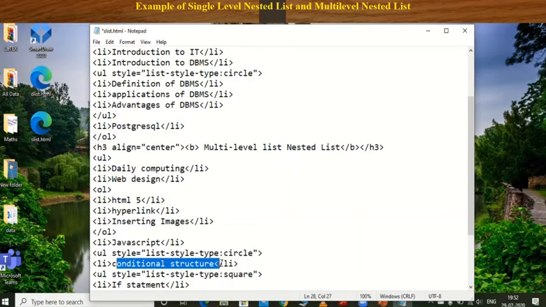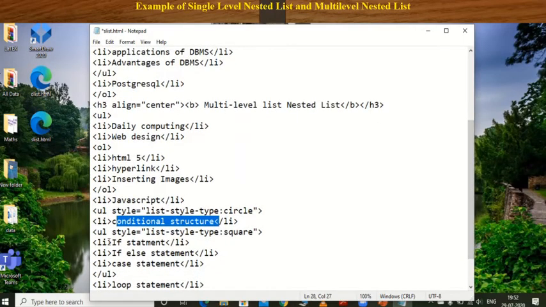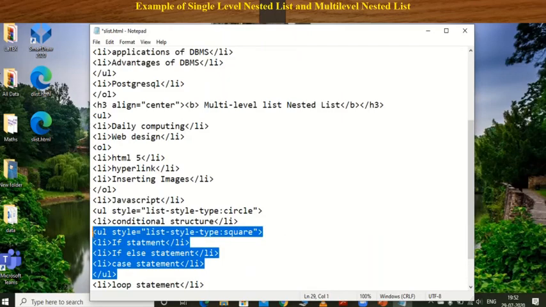In JavaScript we define a conditional structure, and the conditional structure has some types, which are included in the unordered list here. In conditional statements, the first one is the if statement, second is the if else statement, and third is the case statement. Then we close the UL here, which is part of the conditional structure.